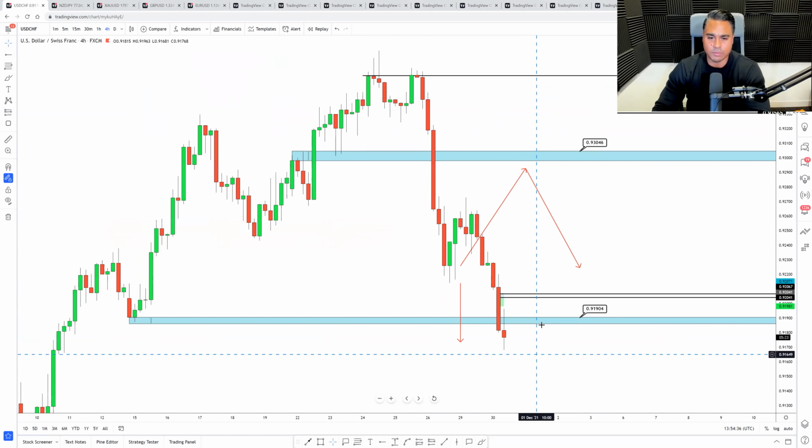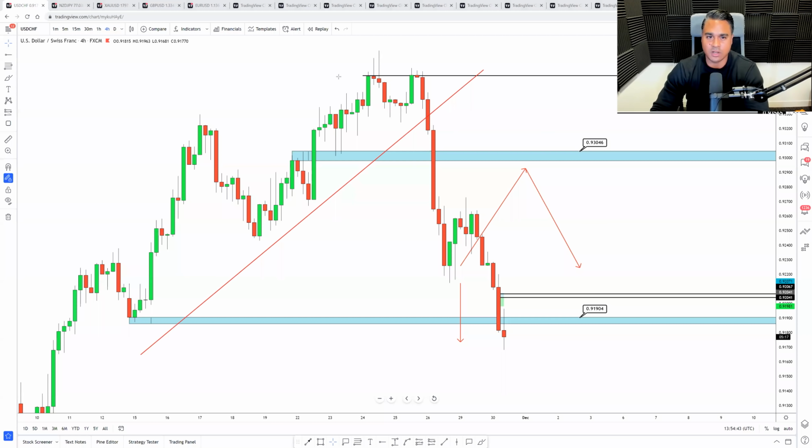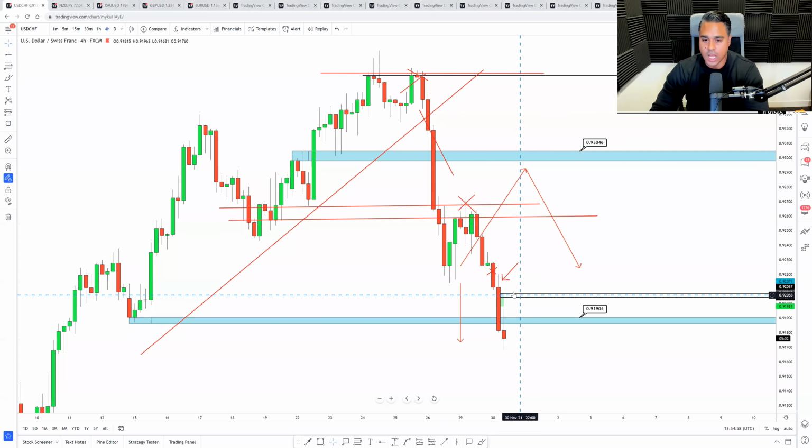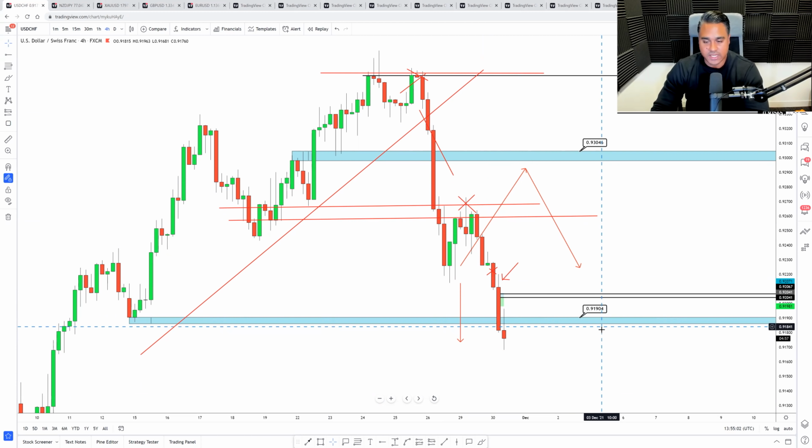That's exactly what's happened, but we're not talking about that now. But we can see this is just simple structure in the market that you should be familiar with if you watch my content enough. Bullish market structure to the upside, failing to break new highs, break of the brick wall, taking out structural lows here. Nice retest in the market. Then we had this continuation down. This was through the Asian session, and then this was moving into the London session. And then that's why I decided to take the trade, just following this bearish behavior in anticipation of price to